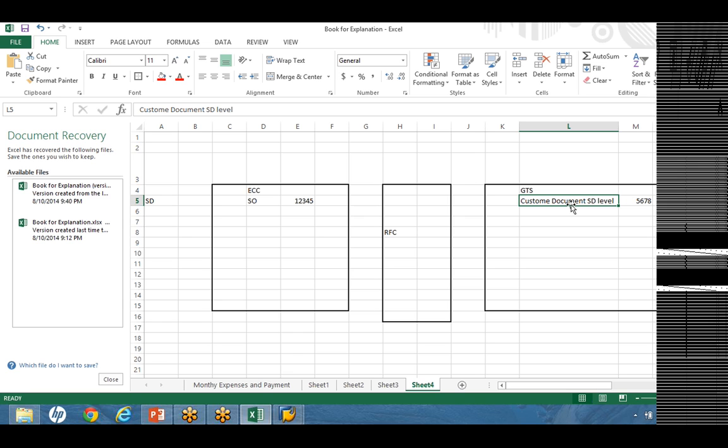We need to tell the system which sales document type from the ECC is associated with which custom document type in the GTS system. That means we need to do document mapping. We not only do the document mapping, we also do the organizational units mapping, the partner mapping, and some additional mapping functionalities. By doing all those things, whenever you create a sales order, the GTS system automatically